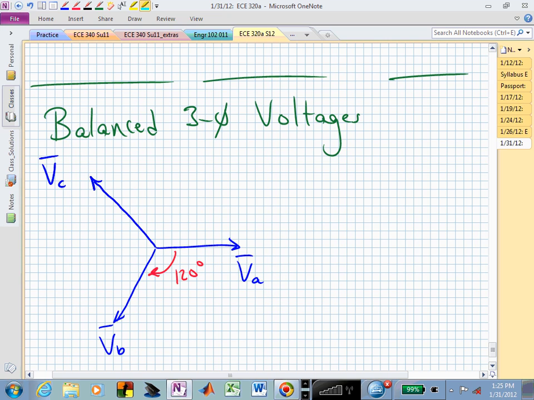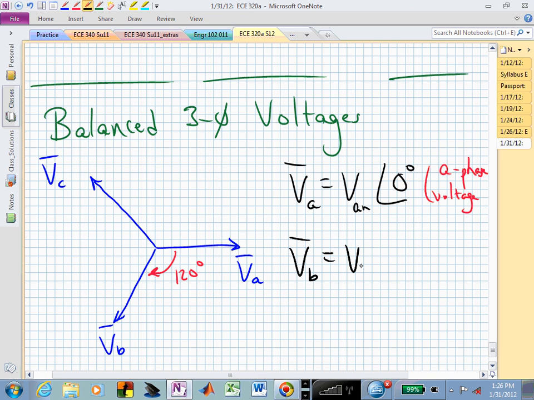And that's now how we would write this. We would have V sub A as a phasor is some magnitude. Let me say it's V sub M, and I won't put a bar on it, at 0 degrees. And this is the A phase voltage. V sub B, shouldn't change color, should I? Slowing me down. This is now V sub, well, you know what? Let me just call that the same so that you know. Let me just call that V sub M. And this is now at minus 120, and V sub C